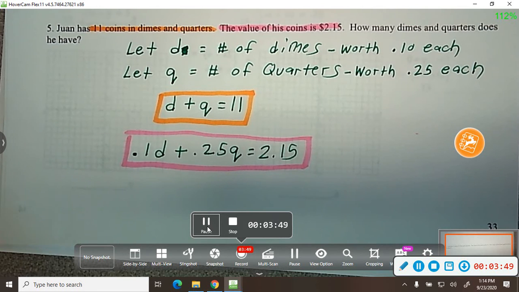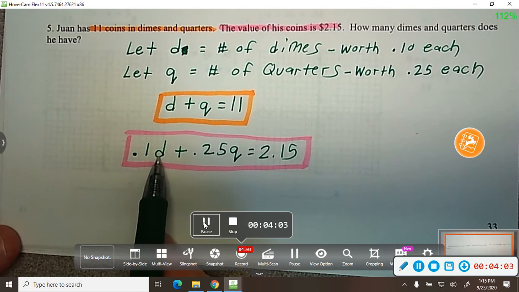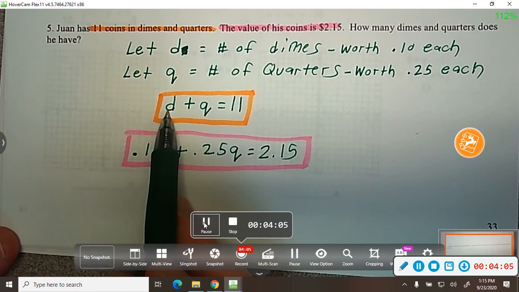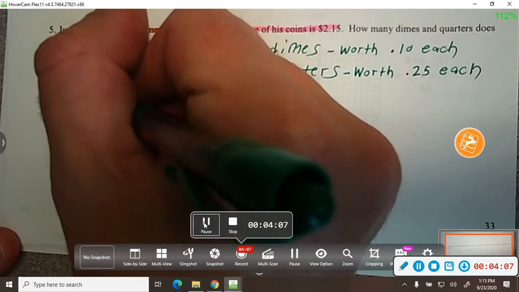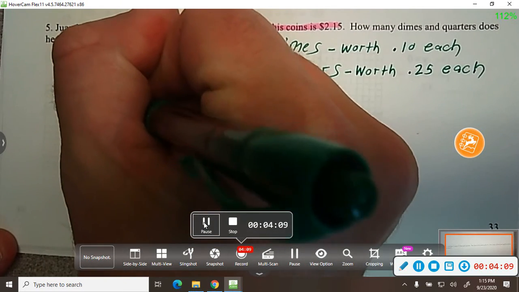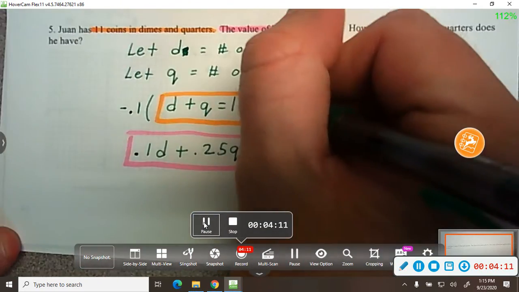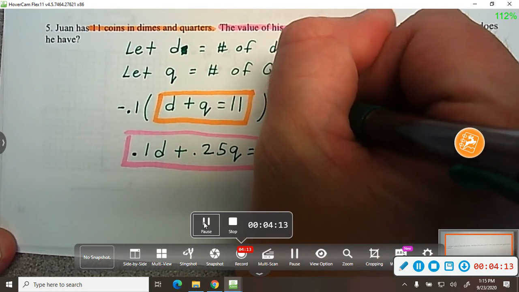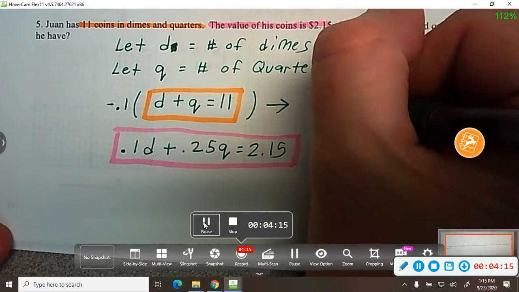And so I need to decide, do I want to eliminate my D's or my Q's? That's my choice. So we decided to eliminate the D's. This is 0.1D, so we want this to be negative 0.1D. So I'm going to multiply this by negative 0.1. And so that'd be negative 0.1D